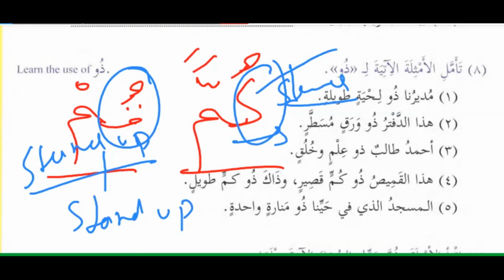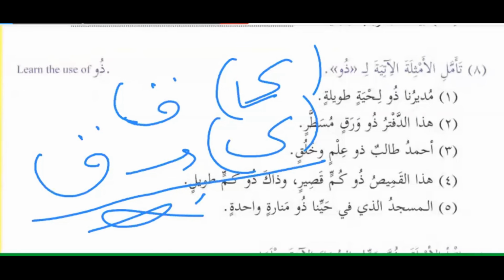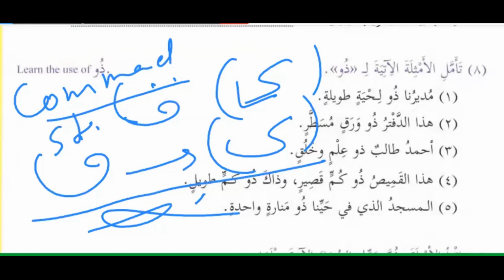Sleeve of a shirt. So see, just by changing qaf to kaf, you are changing the whole meaning. You are making a command of standing up into a shirt of a sleeve. A shirt which is having a sleeve. So just see how much tajweed is important and how much makharij are important in reading the Quran. So these are the things. Besides learning Arabic, a person should know how to read the Quran.